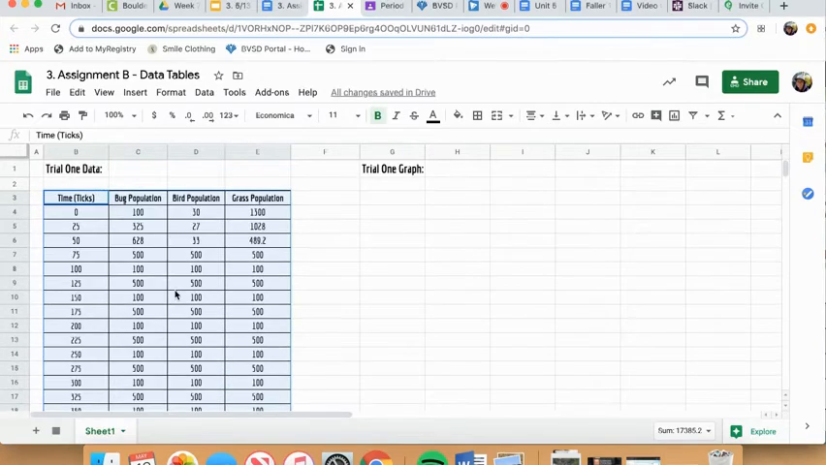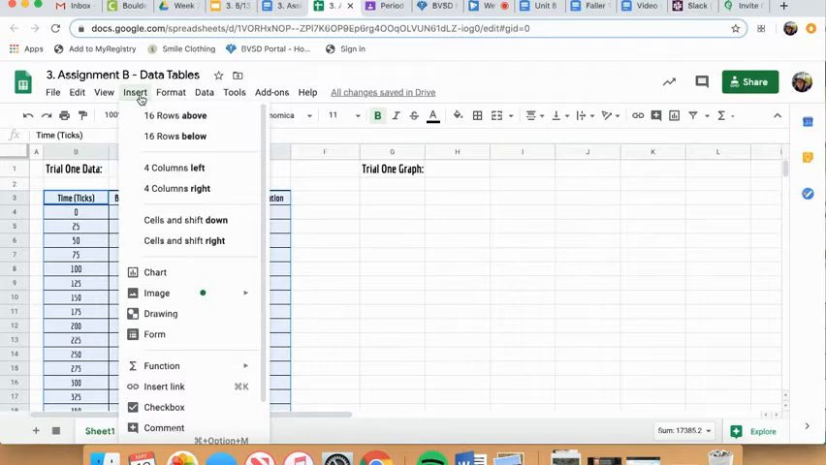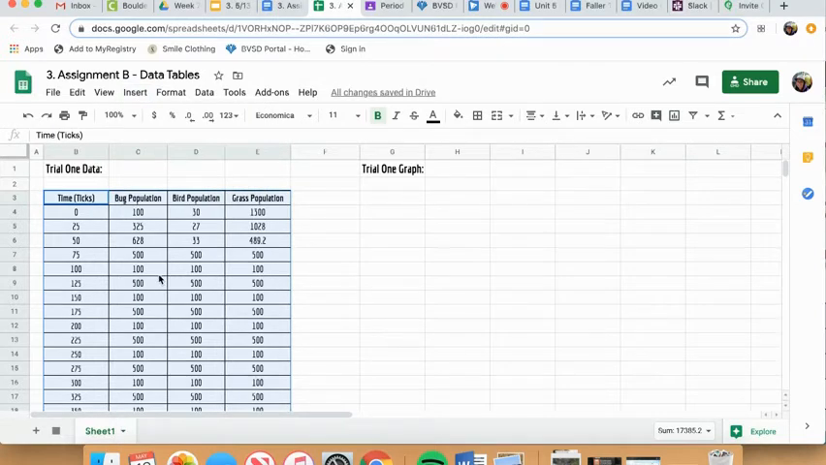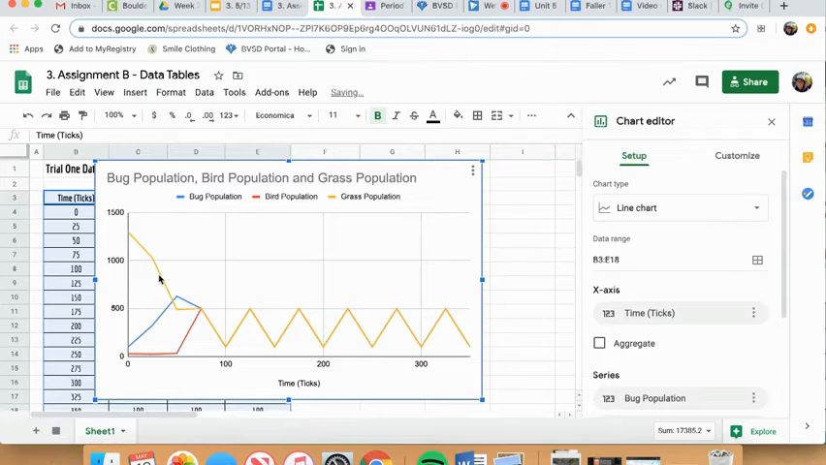Once they're highlighted, it is very simple. You're going to go into Insert, Chart, and it should automatically generate a graph for you. Okay, now